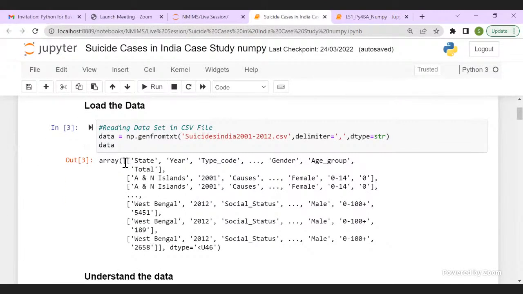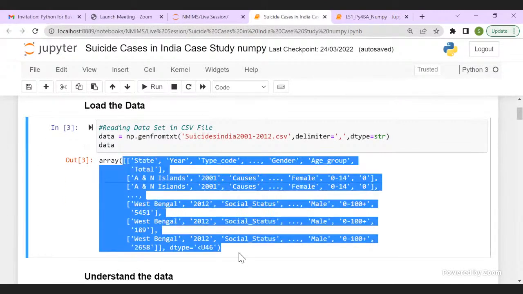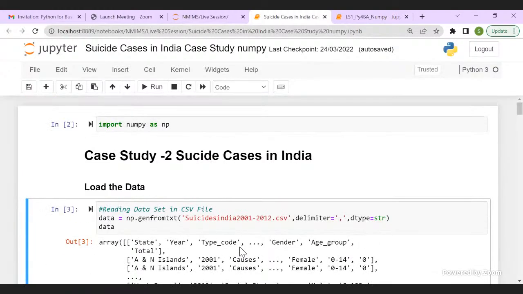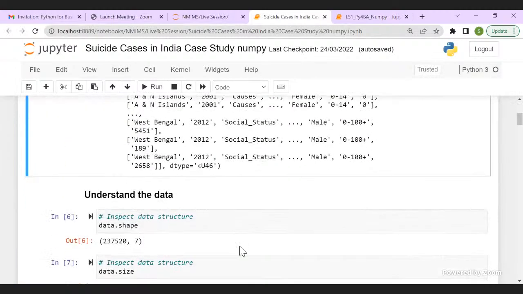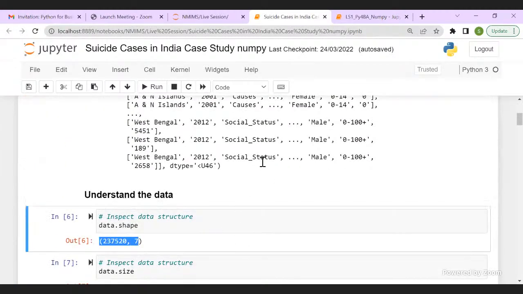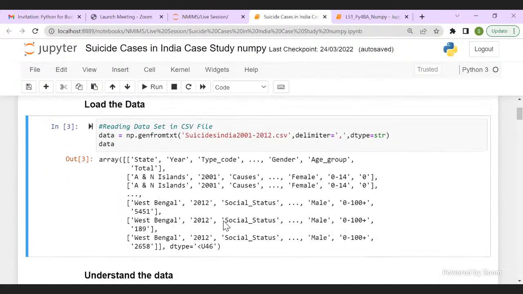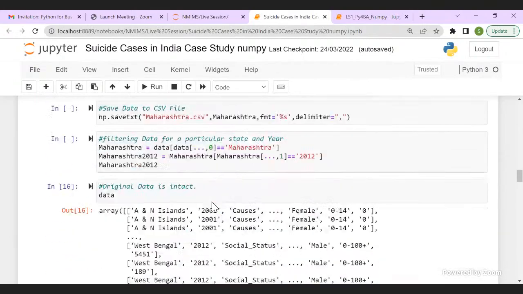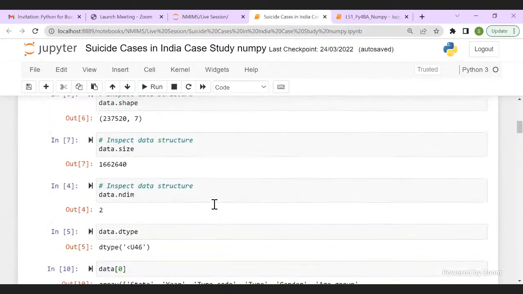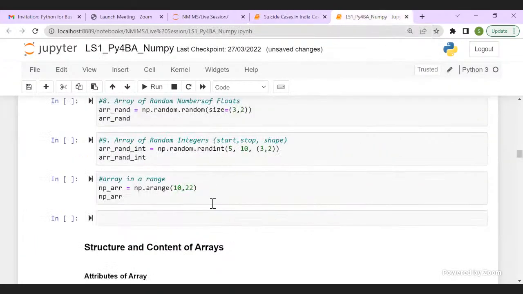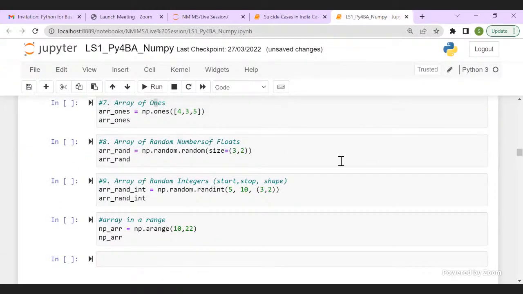You have multiple-dimension arrays with 16 lakh data points, around 2 lakh rows and 7 columns, as 2-dimensional arrays, and we will be doing analysis there. So we will reach this case study towards the end of your live session, and then you can see how we use it.